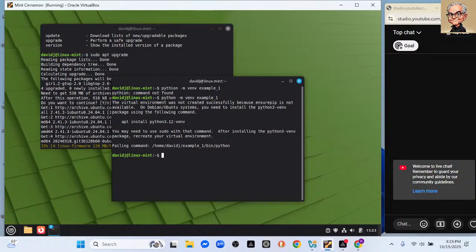Oh, that's interesting. Okay. The virtual environment was not created successfully because ensurepip is not available. On Debian machines,